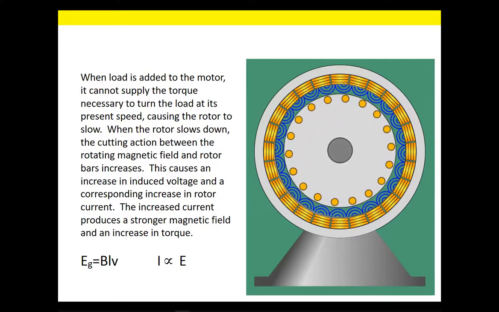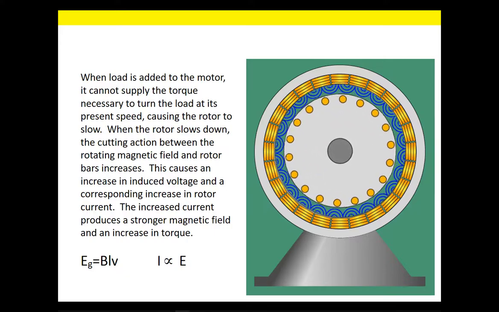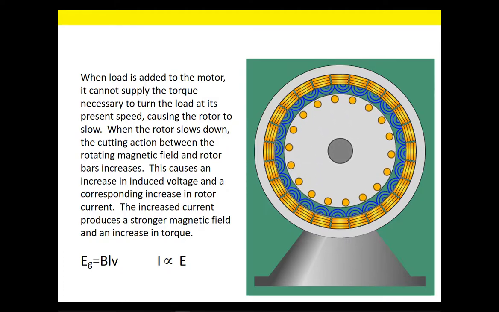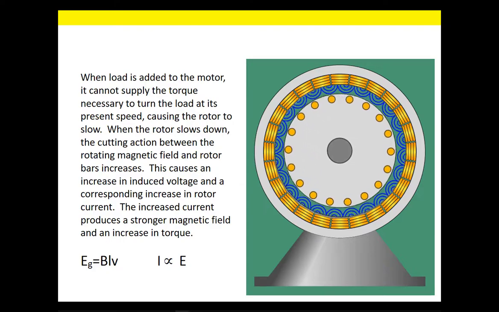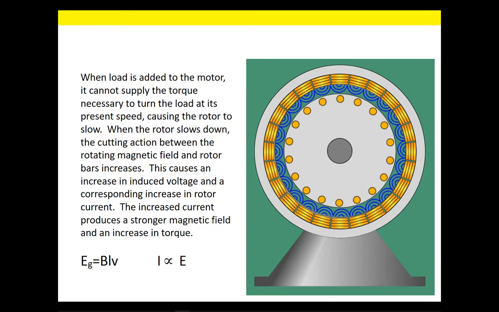As we add some load to it, that's going to slow the rotor down. When the rotor slows down, the cutting action of the stator lines of flux going through the rotor bars is going to increase. What happens next is, well, the relative velocity, we have